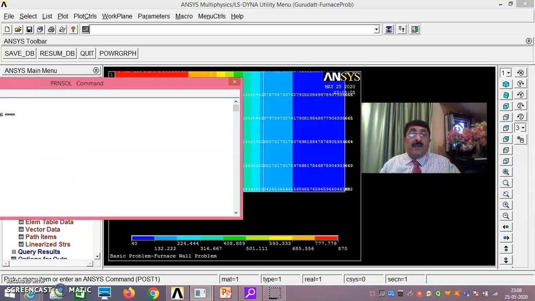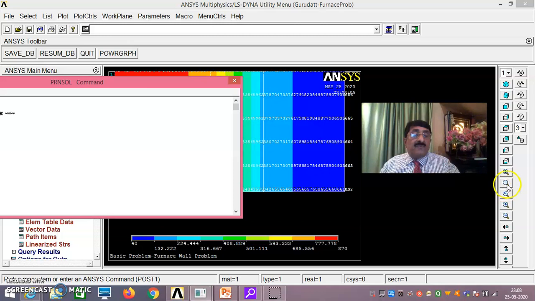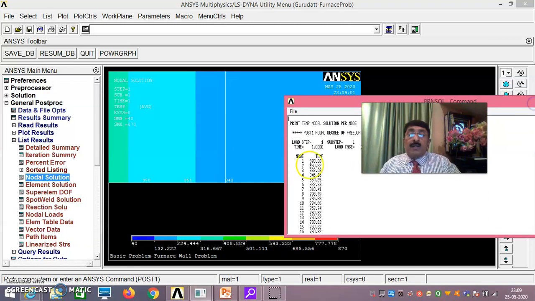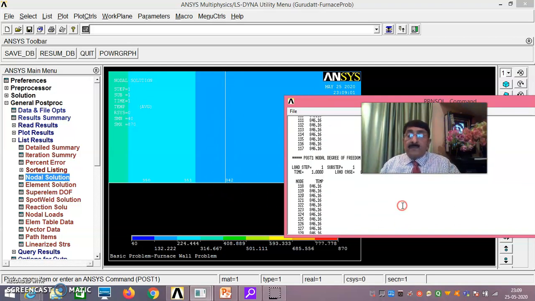In the same way, we'll take the interface between the second and third materials. Anywhere on this line you should have the same temperature, but I'm taking one sample, node 342.